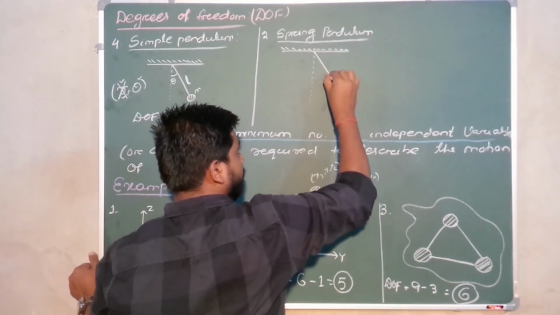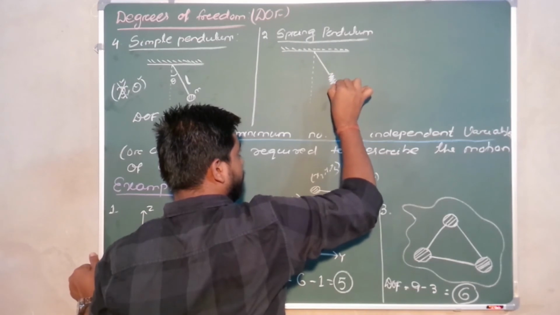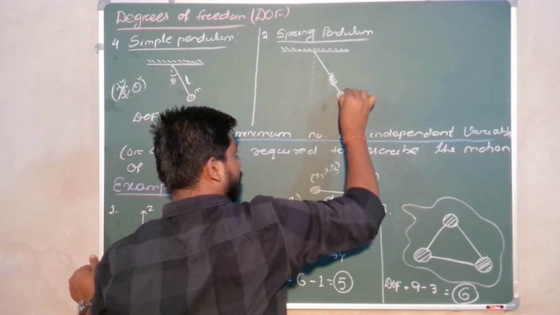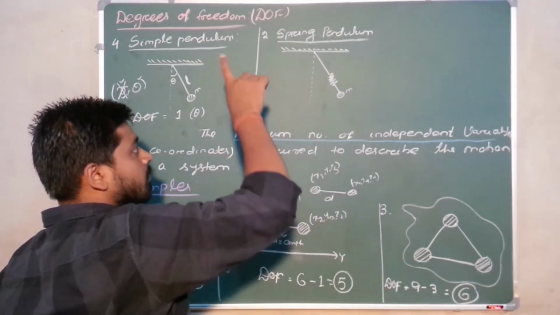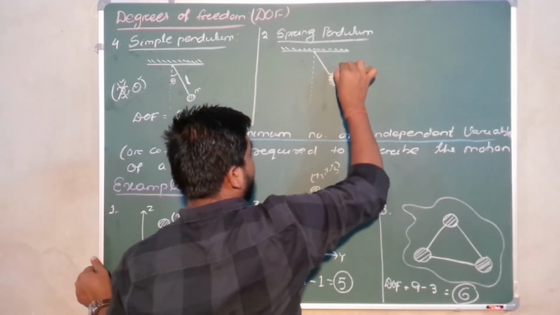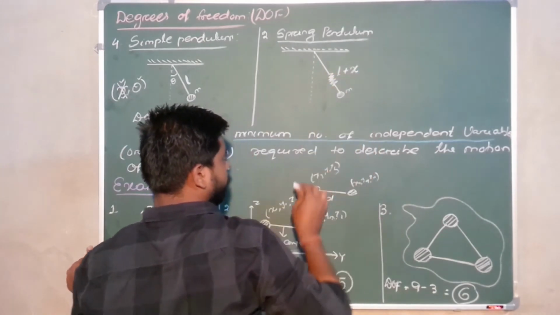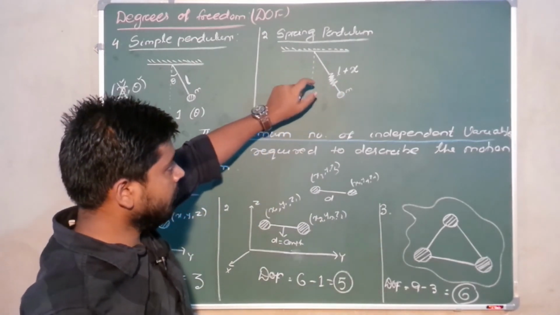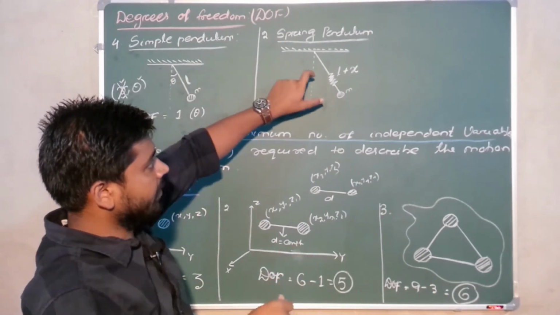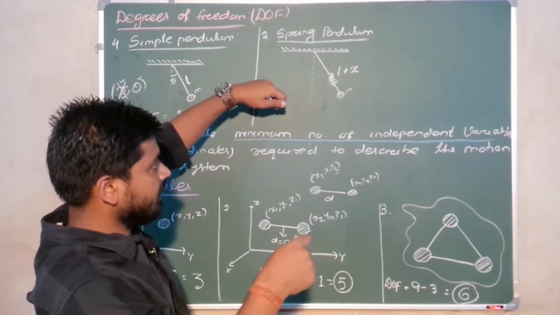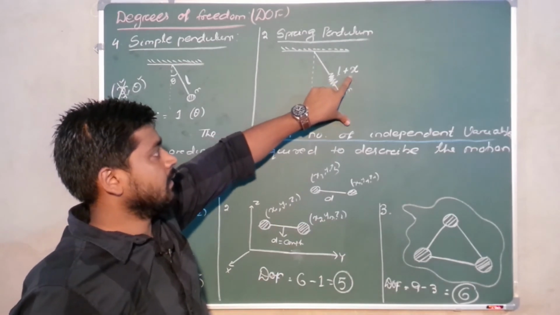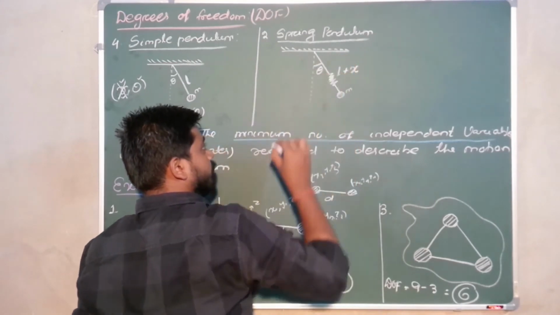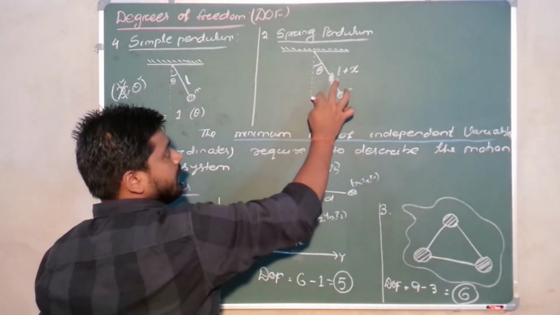Okay. One spring is attached here. This one is the bob having the same mass, whatever it may be. And the length of this string is L plus x. L is the natural length and this x is used for the spring. If the spring is expanded, it is L plus x, more; if the spring is compressed, then x is less. Yes or no? Just see. And here the angle is theta. Okay. L is a constant quantity.